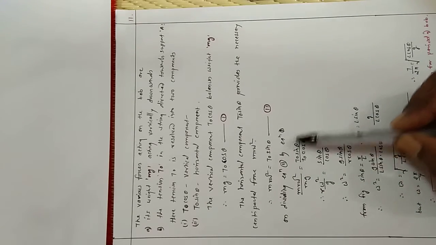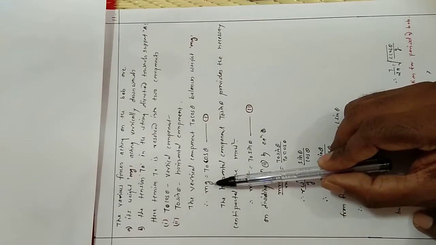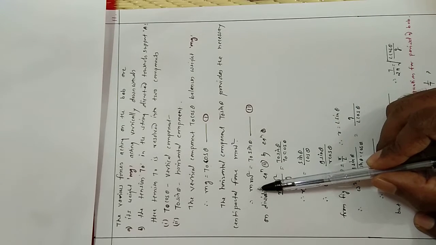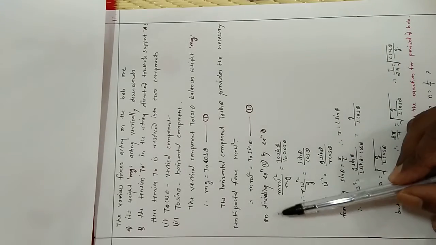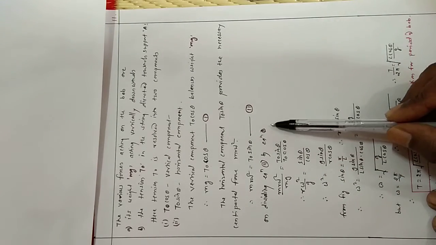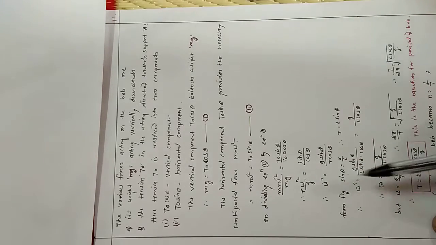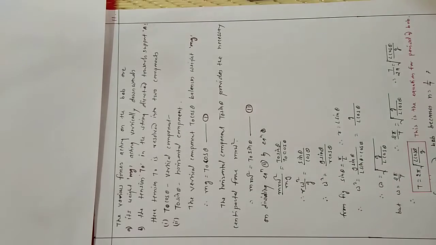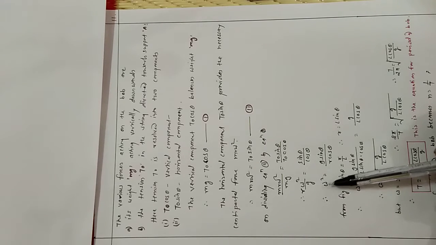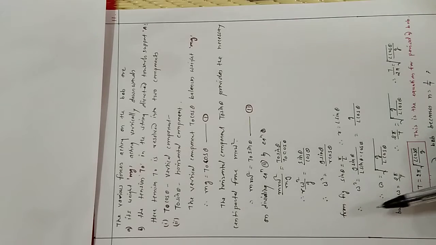On dividing equation second by equation 1, now see the mathematical part of this equation. First equation, that is the weight: mg is equal to T0 cos theta. Second equation, centripetal force is equal to T0 sin theta. On dividing equation second by equation 1, we get mr omega square by mg is equal to T0 sin theta by T0 cos theta. Mass gets cancelled, so r omega square by g is equal to sin theta by cos theta. Therefore omega square, r goes to this side and g goes to the upper side. Omega square is equal to g sin theta by r cos theta.